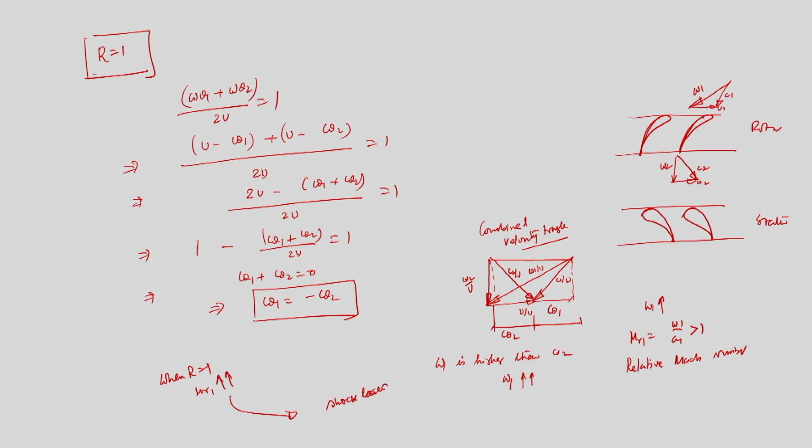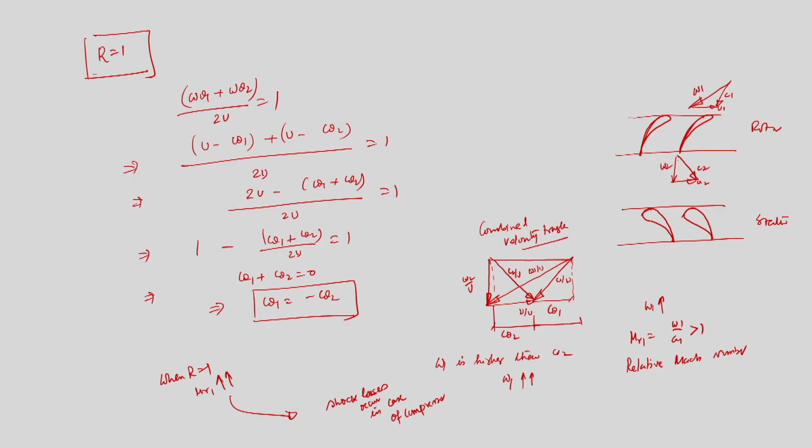Shock loss occurs in case of a compressor. And we have seen that if W1 increases, probably you have discussed this issue in the context of inlet swell in a pump. If relative velocity at the inlet increases, pressure will fall, and if pressure falls below the vapor pressure, local boiling may take place and it will lead to an undesirable phenomenon of cavitation.